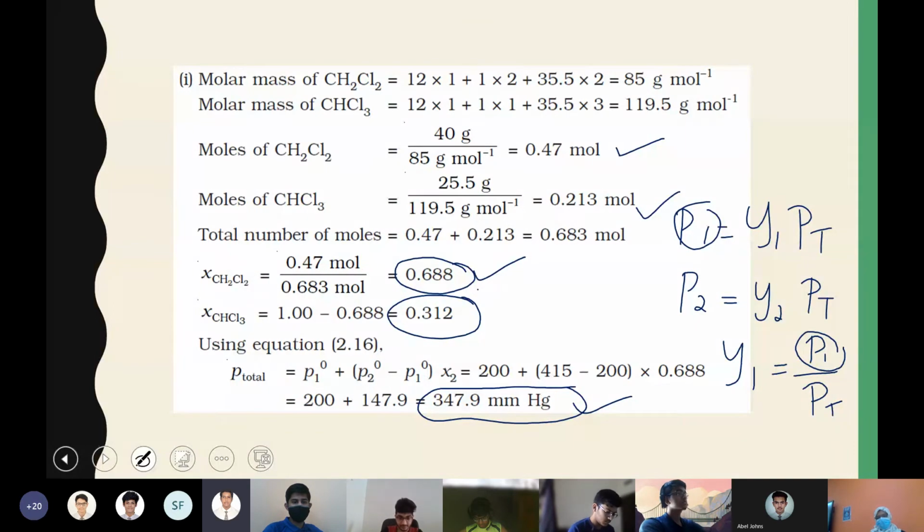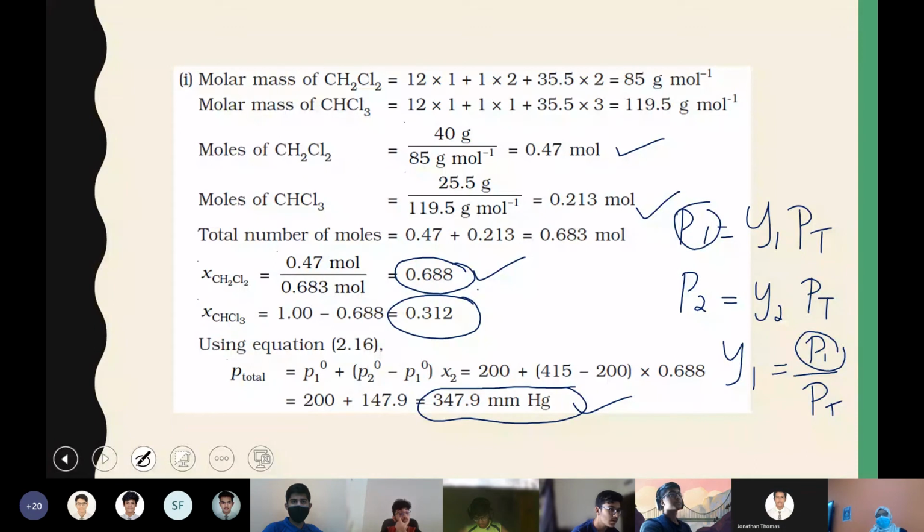Ma'am, in the question, when they asked to calculate mole fraction, they mean Y? Mole fraction in vapor phase, they were very specific with the state. In the question, they ask about the mole fraction in vapor phase. So that is why you're finding Y1 and Y2. If it was just mole fraction, then you would do it only for the solution state, and you're already doing that in the calculation of total pressure. So obviously you should know that is already done as part of the calculation of total vapor pressure. So this is a different mole fraction.